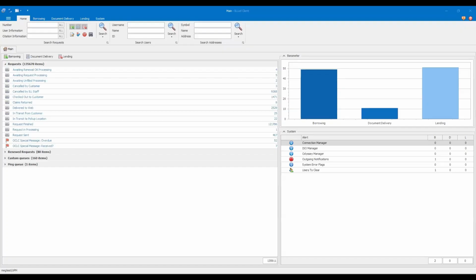Going back to the test environment, you will see a number of queues. This test environment does include the custom queues we use in our rather complex operation here at my home institution, so I've done my best to hide those. This way, you can get a sense of what Iliad looks like out of the box. Some of these will be familiar to you: awaiting request processing, item shipped, etc. Others are, as I mentioned before, customized for our specific operation. You can double-click a queue to view the items that are in that queue, and double-click a single request to open, review, and process that request.